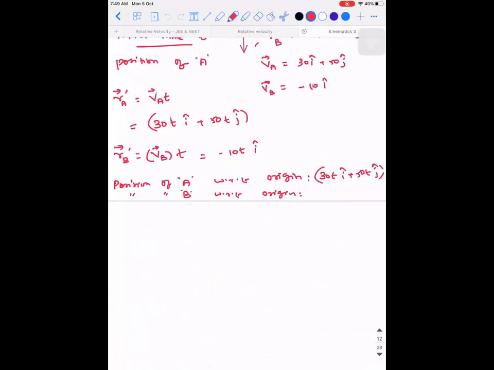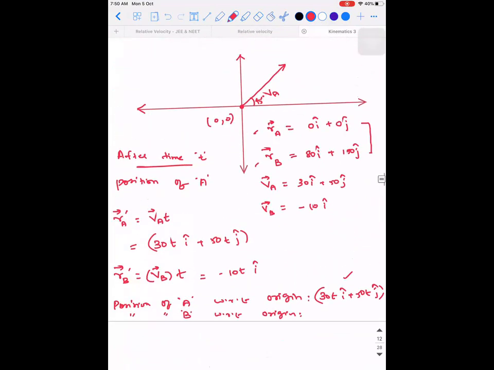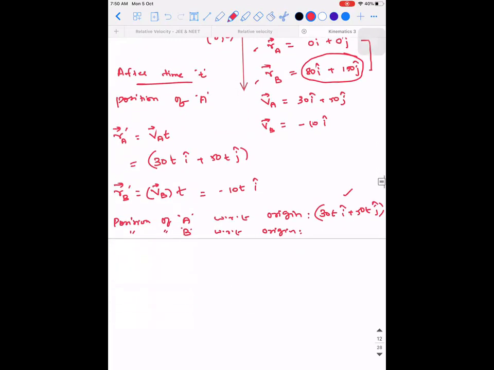That's not the answer. That is where you need to be careful, because why I put this question is, what is the position vector of B with respect to origin after time t? Remember, I wrote it as 30T I cap plus 50T J cap for A because the particle started from origin only. So however much distance it has traveled, it is with respect to origin. But for particle B, what is the origin? It didn't start from 0, 0. It started from 80, 150. So how much distance would it have covered?